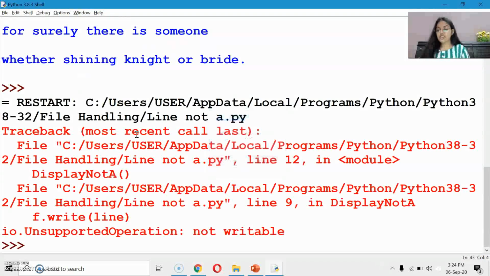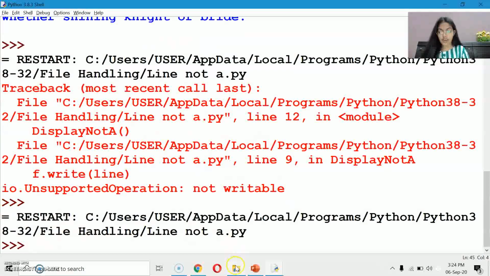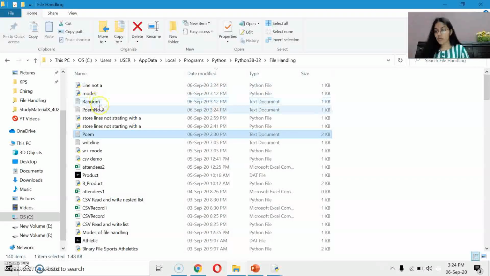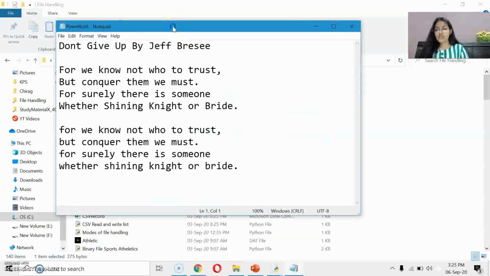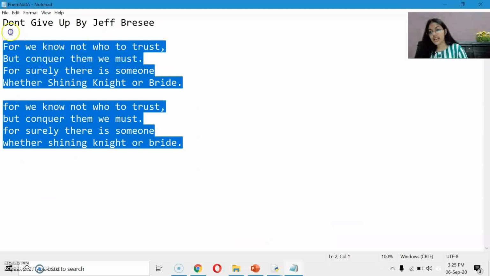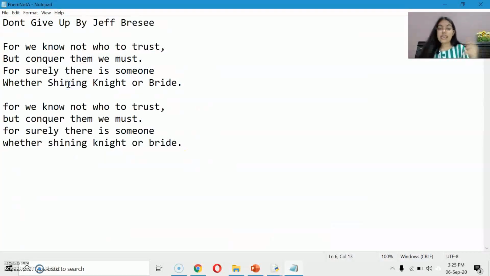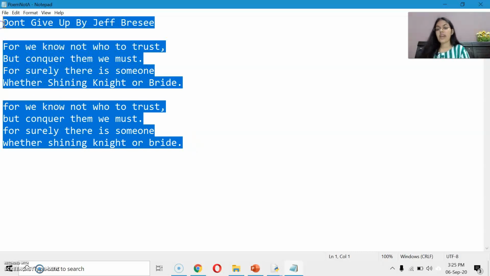Let's just execute this. It is working fine. Now we will open that poem not A file. So as you can see, it is having only those lines which do not contain the character A. In any line, A does not appear anywhere.